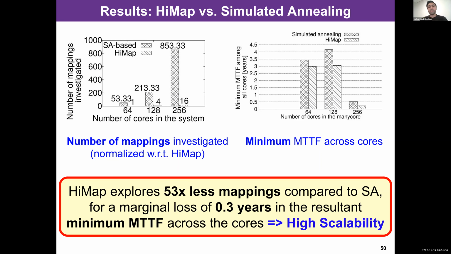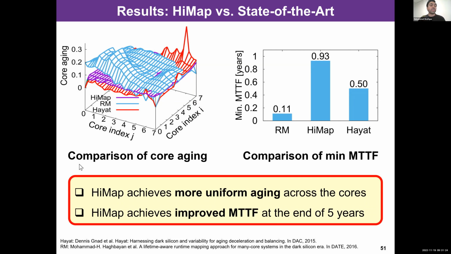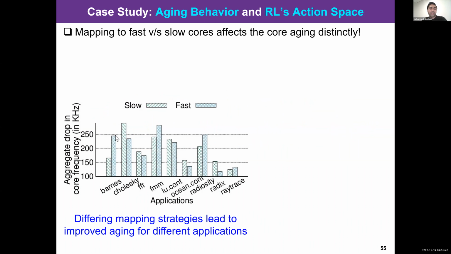But the biggest drawback is that it is a one-time mapping. So if the parameters of the system change, this policy is still static by nature. Though it makes dynamic decisions, the policy is static. And we have seen that there may be a requirement where the policy needs to be learned over time, when, for example, your application patterns change, and your design rules or design metrics can change over runtime. So Lifeguard is actually